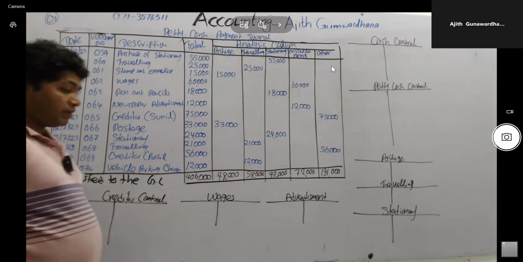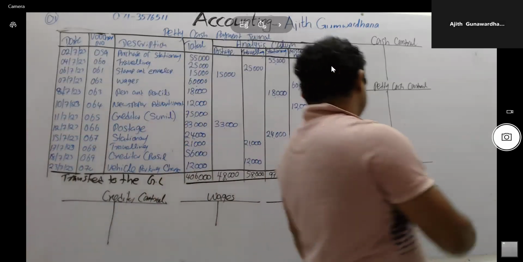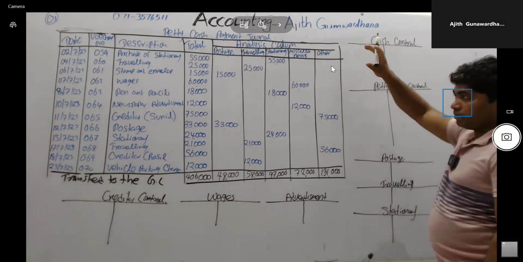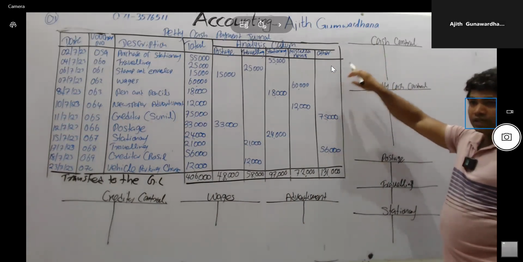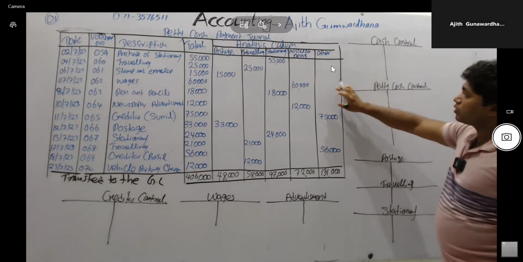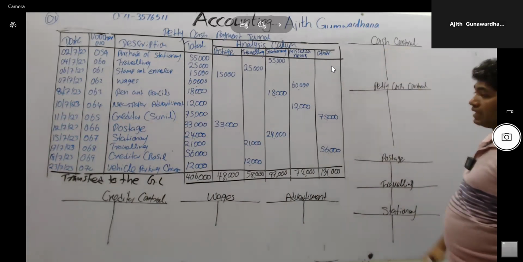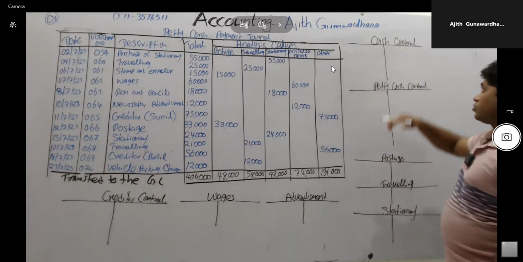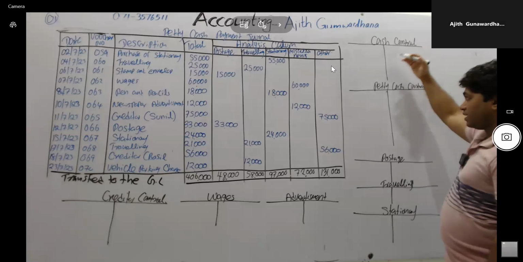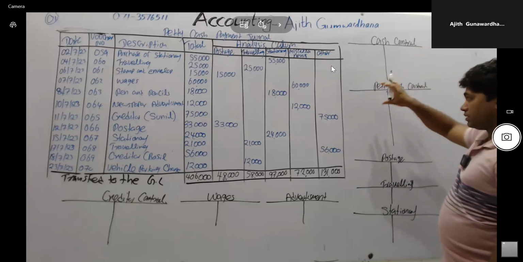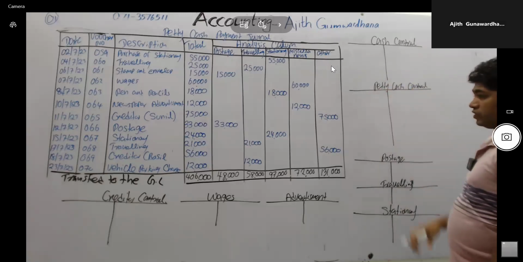The ledger accounts are available in the general ledger. First, how to record information in the petty cash payment journal. After that, you have to know how to record that information in the ledger account also. Firstly, the petty cash receives money from the chief cash. Then with the money received, we pay the expenses.